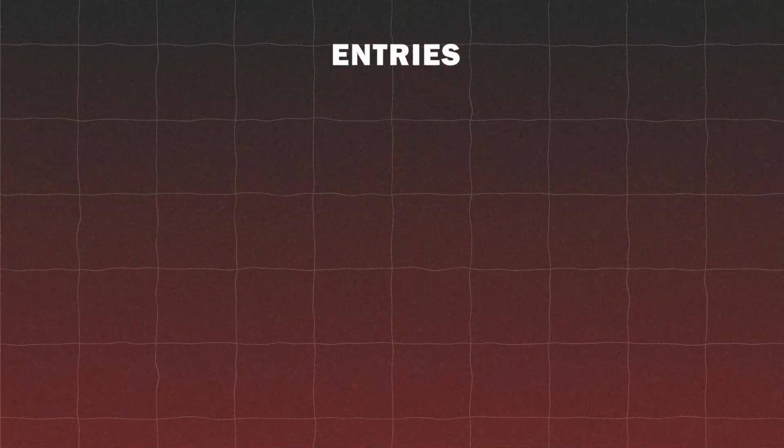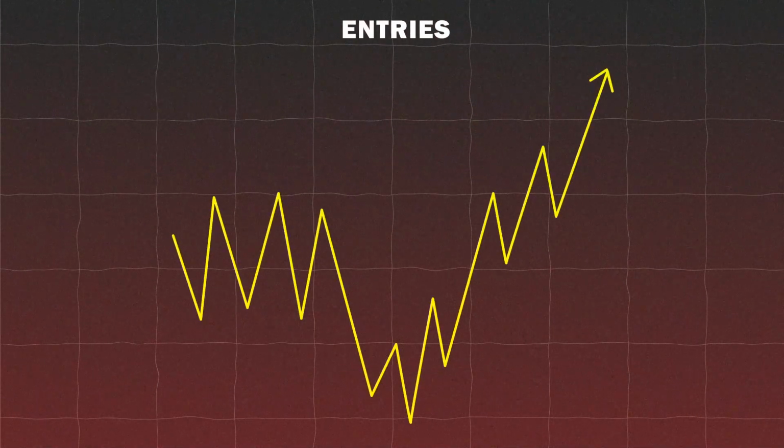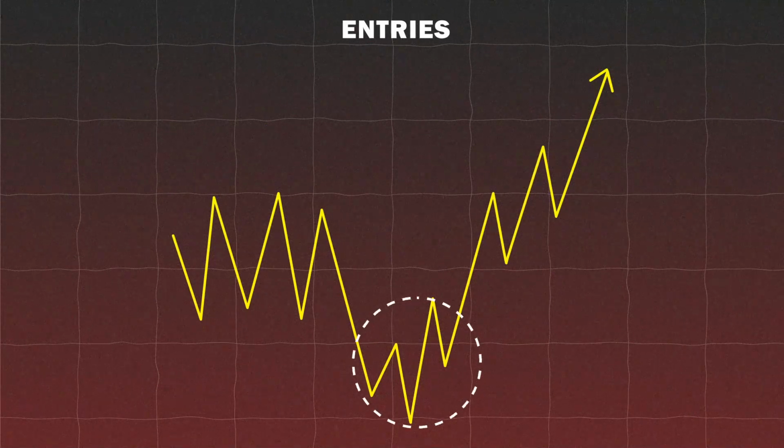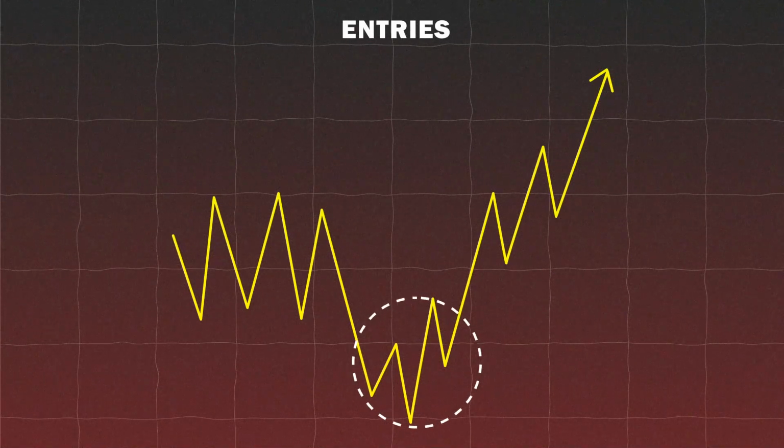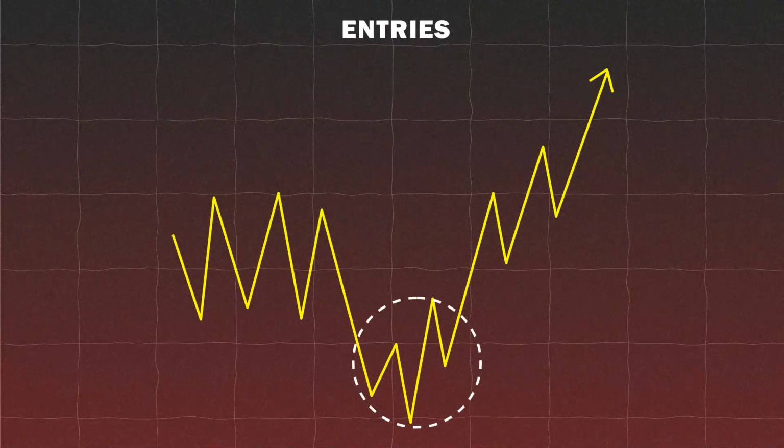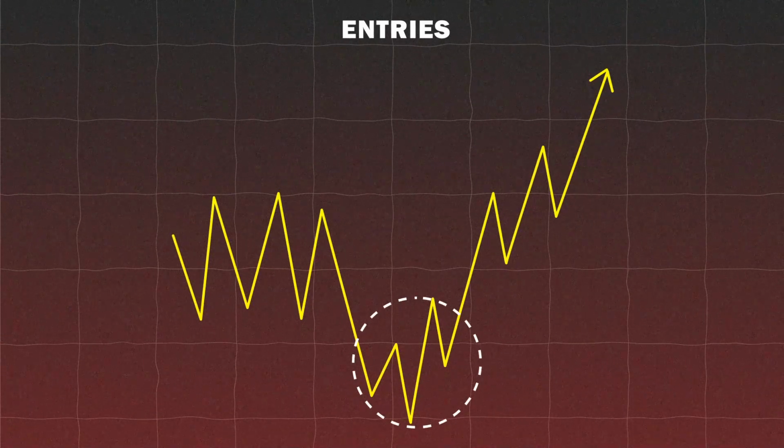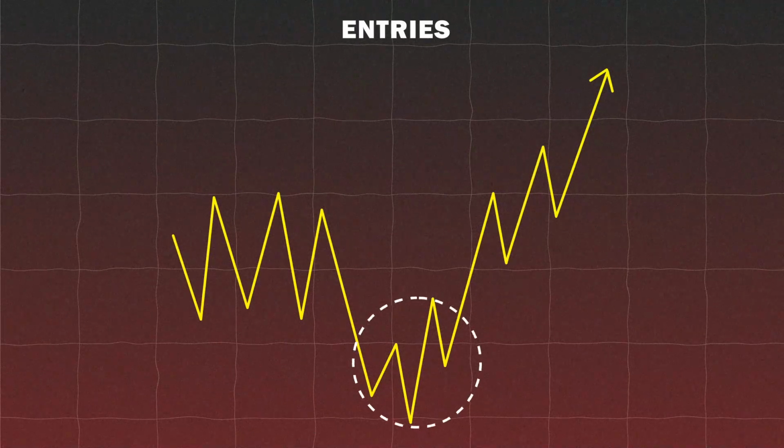Entries. Regarding entry strategies using the Power of 3, I typically adopt one of two approaches. The first involves seeking reversal patterns during the manipulation phase to capture the entire distribution phase. Alternatively, if I miss this opportunity or prefer not to trade in this manner, I look for continuation patterns within